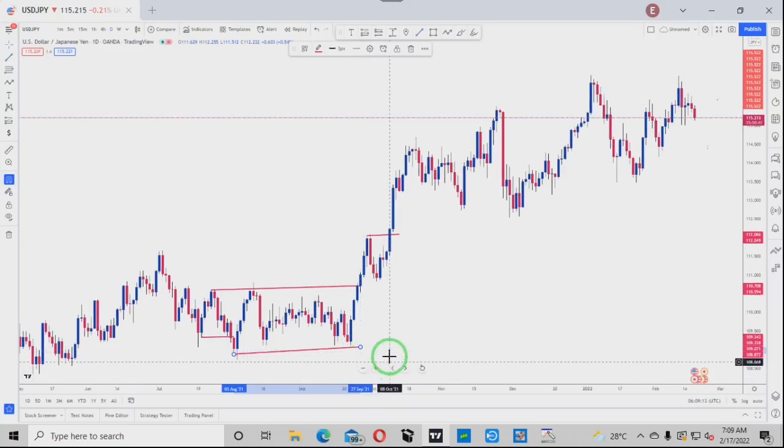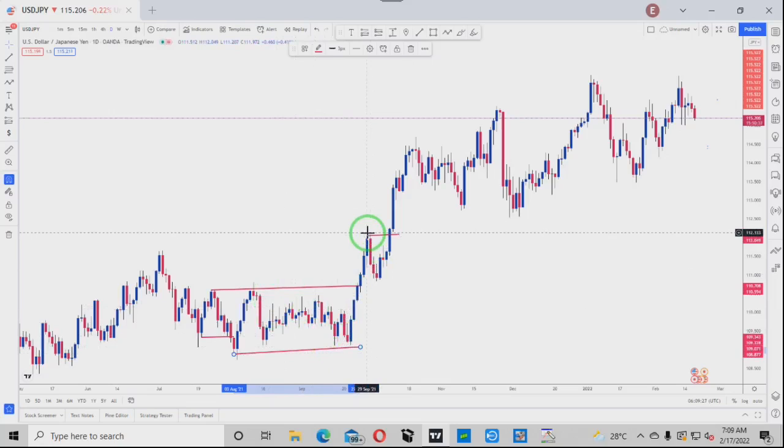All right? Now, this is your high. This is your low. Now, price has broken the high. Can you see that? With this impulsive move up, it has broken the high. Now, if price had come down to break this horizontal line low here to the downside, then it might be time to start looking for sells. You understand? But here, price has violated the high here to the upside. So meaning that price is trying to go bullish.